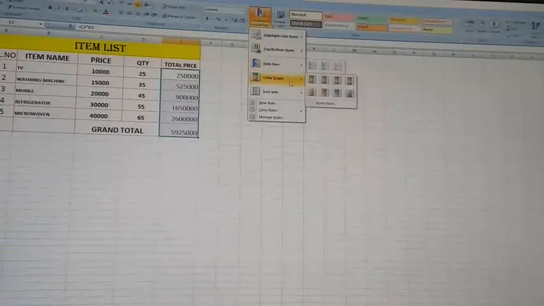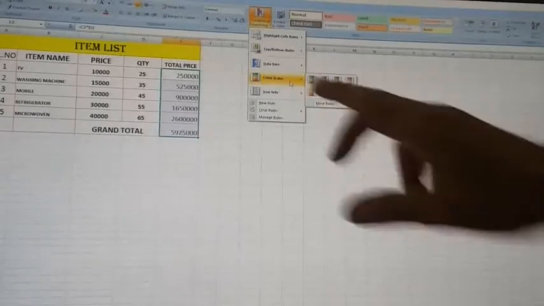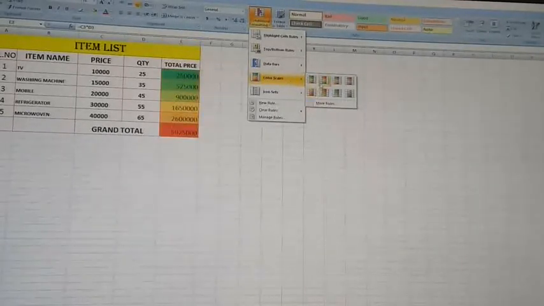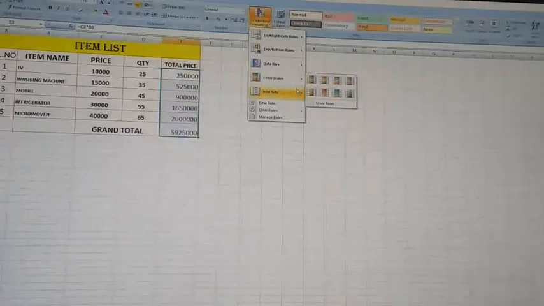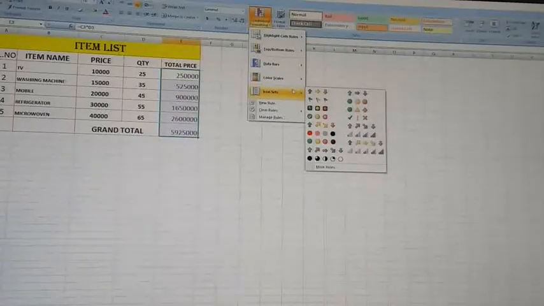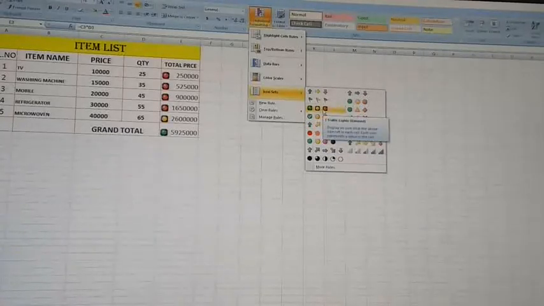or the color scale option is there. Just click here, different colors will be displayed, or the icon sets option is there. Different bullet type options are there.